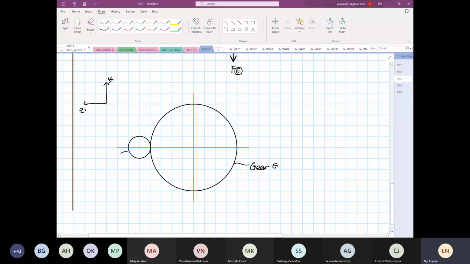So this is our motor gear. I'm looking at the front view. Right, so we just mentioned that this is coming this way. So the transmission of the force